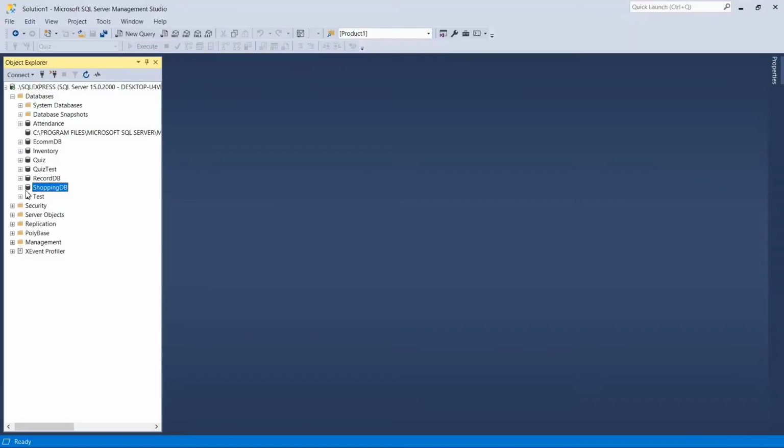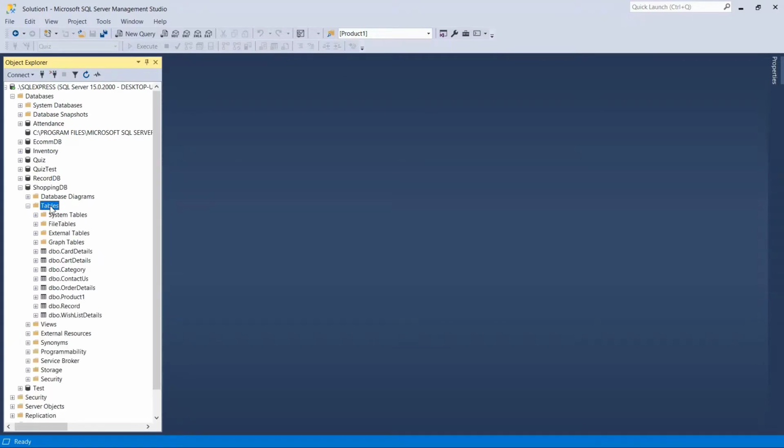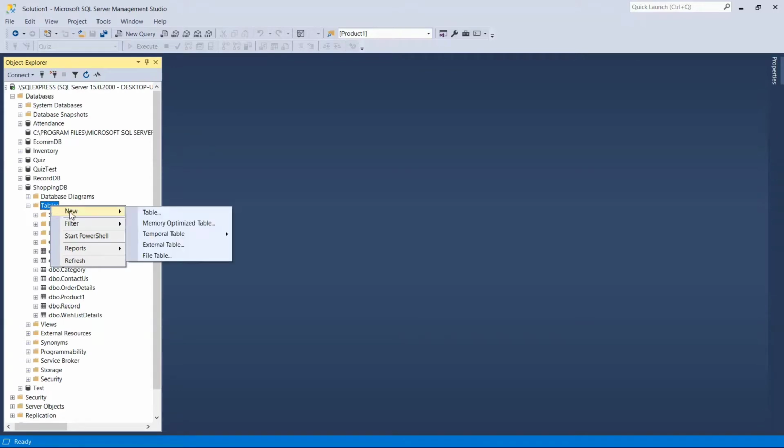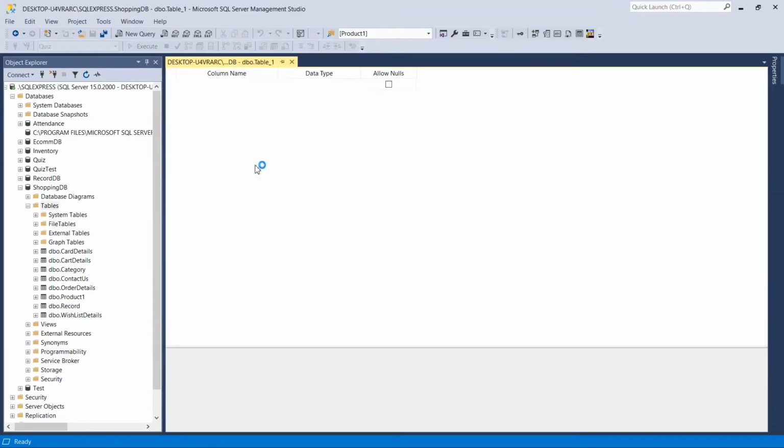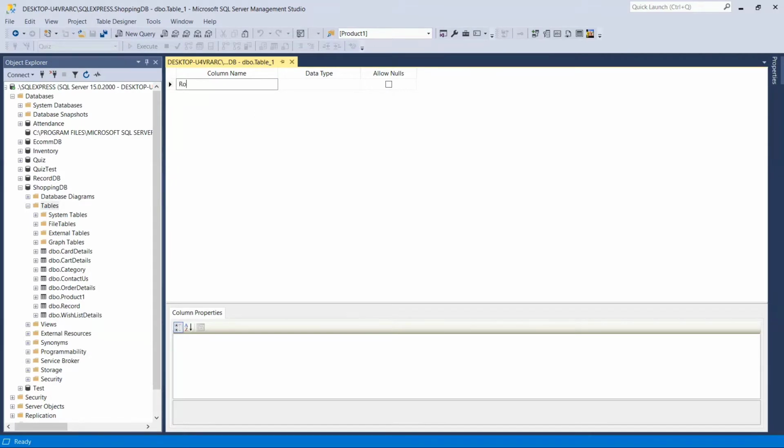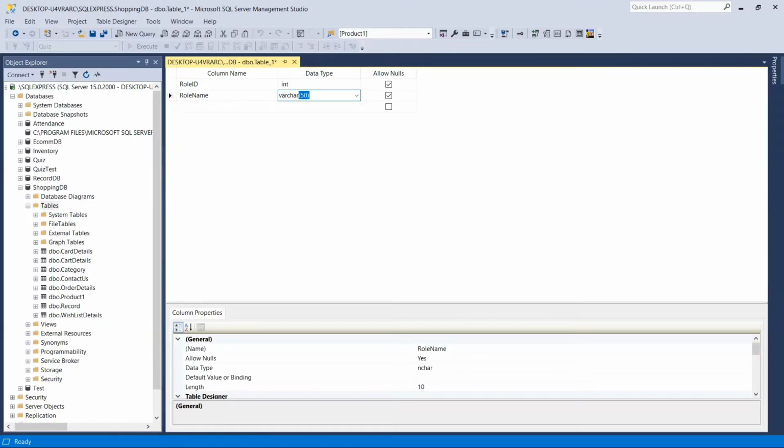This is our database, shopping DB. We have taken two columns for this table.